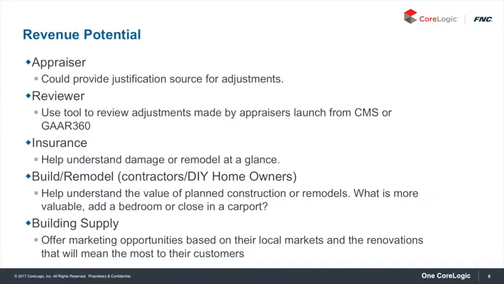As far as revenue, we talked about the benefits to the appraiser already. We could also sell the same concept as part of a reviewer tool since they care about the same adjustments being accurate. Some less obvious use cases would include insurance to understand changes in value from remodels or damage, contractor homeowners, understanding what remodels will add to their value of their home, or what homes to build in certain areas, and potentially marketing data for building supply companies to push products that are specific to the highest value to their